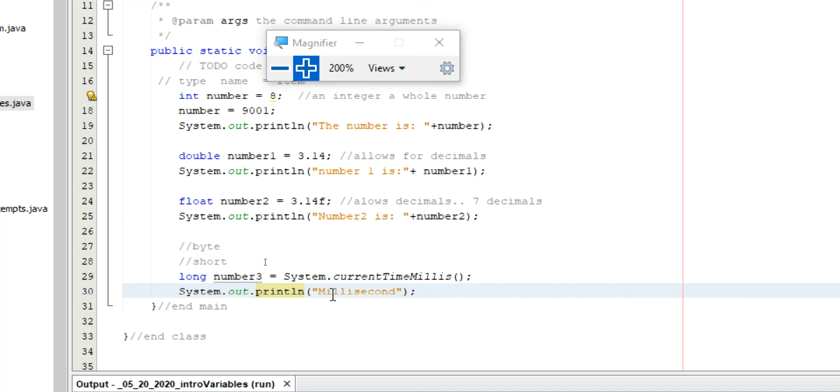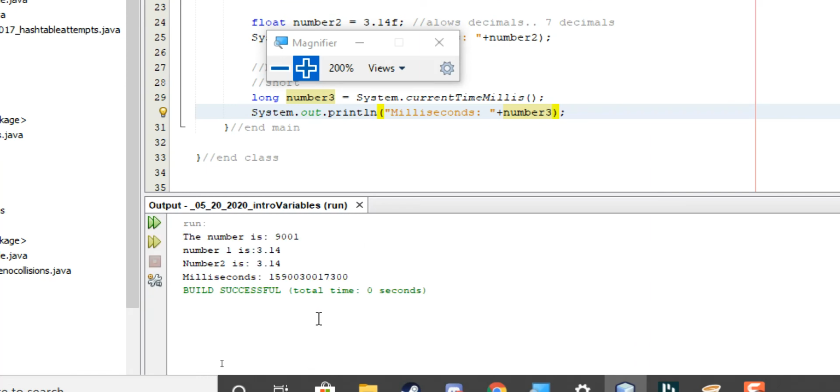Milliseconds. I'll just put number 3 there. Now let's take a look at how big this number is. There we go. That's how many milliseconds have occurred. Now, a millisecond is 1,000th of a second. And this is 50 something odd years ago, right? And you think, well, shouldn't that be bigger? Well, there's 60 seconds in a minute, 60 minutes in an hour. You do your math. You can figure out how many milliseconds there are in a given day or year or